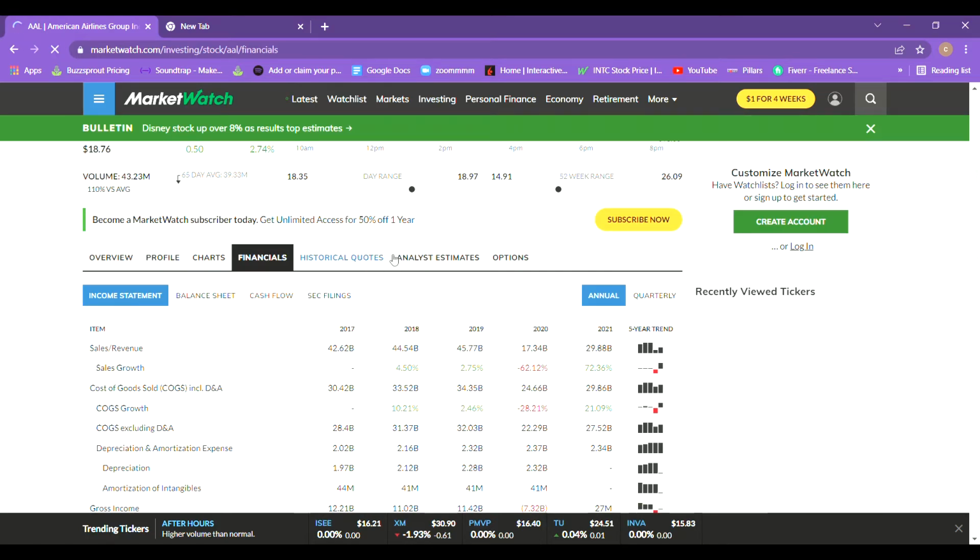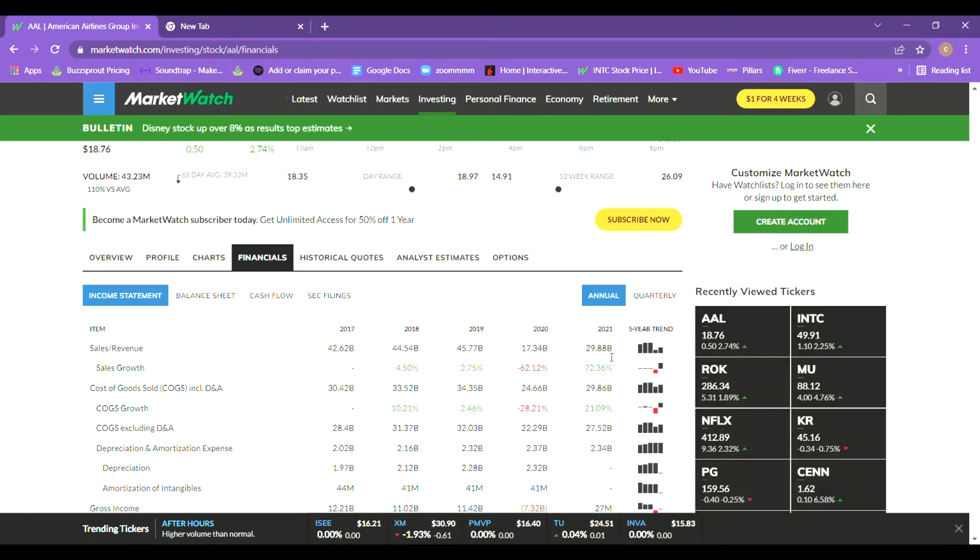Getting into the income statement now, we're going to start off by looking at the revenue. As of the most recent year, they're bringing in 29 billion, which is up roughly 13 billion from last year. It's nice to see how they're already starting to recover from the pandemic. I'd also like to point out that the revenue before 2020 was good too because it was consistently growing.